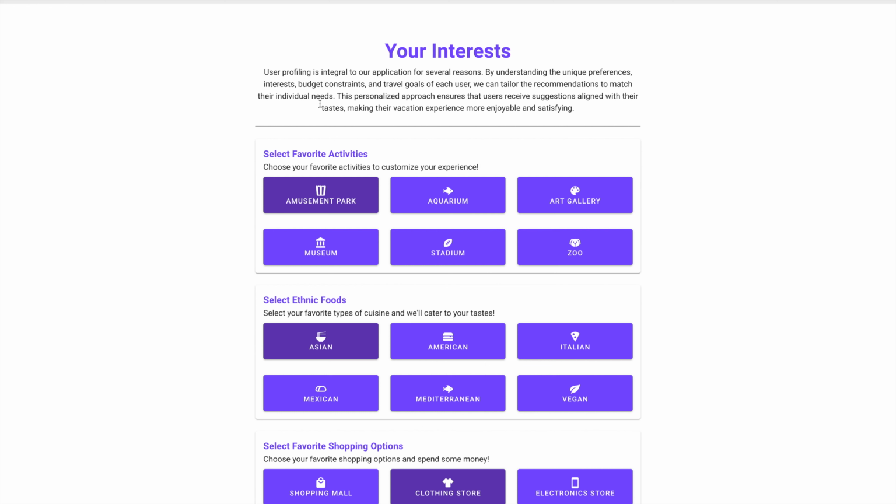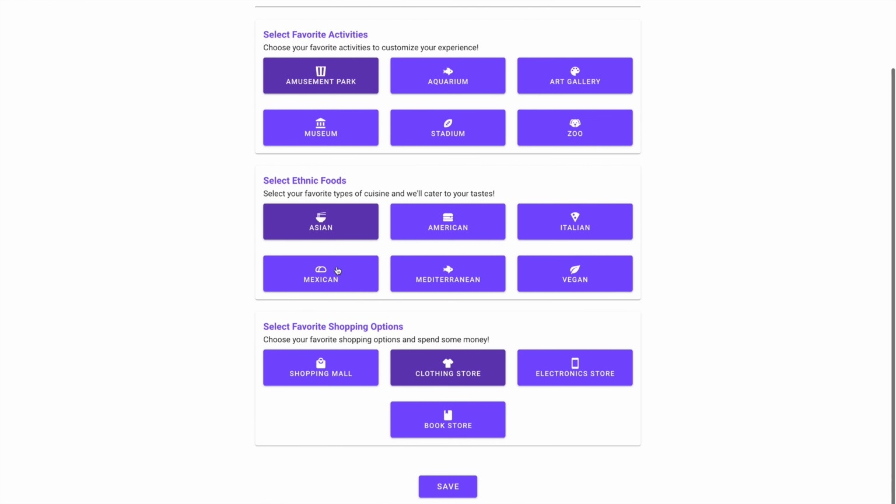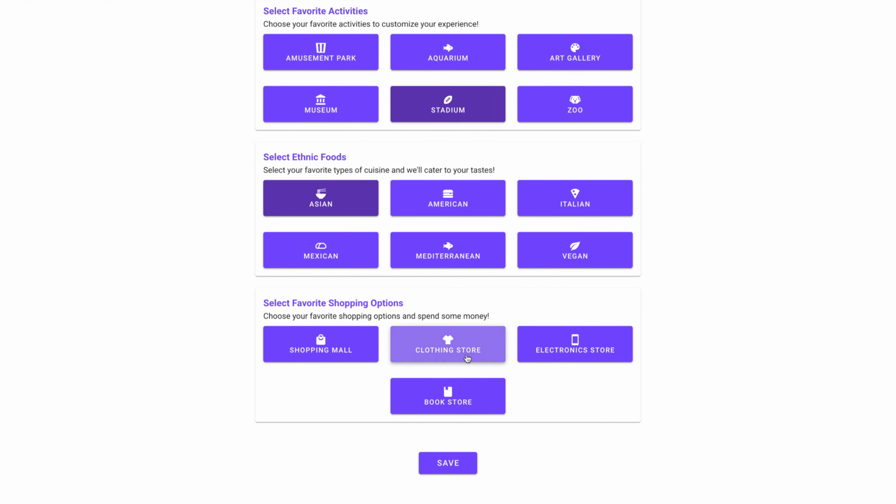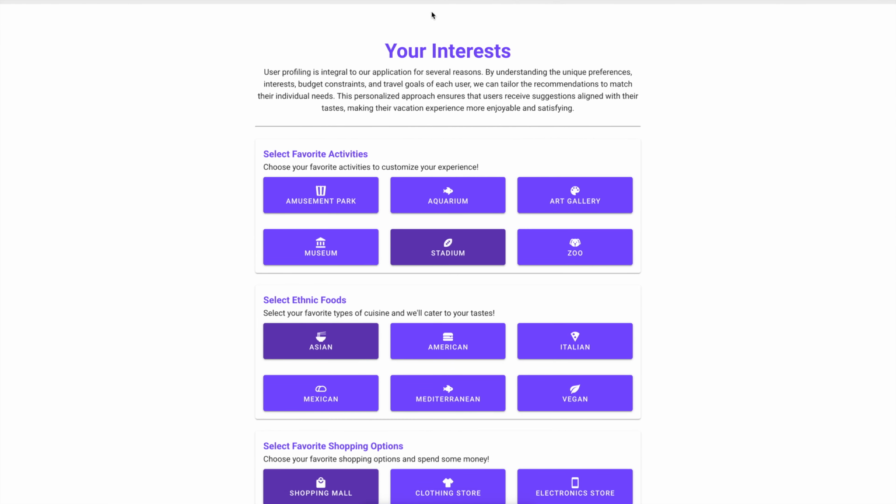As you can see here, we have different categories that the end user could choose. We have some activities, foods, landmarks. We're going to go ahead and choose some Asian food right now. And our activities, well, we're gonna go to the stadium. We have a clothing store. Yeah, you know what? We'll go to the shopping mall. Yeah, we'll save that, and that in turn gets saved for the user, and that will be adapted into their